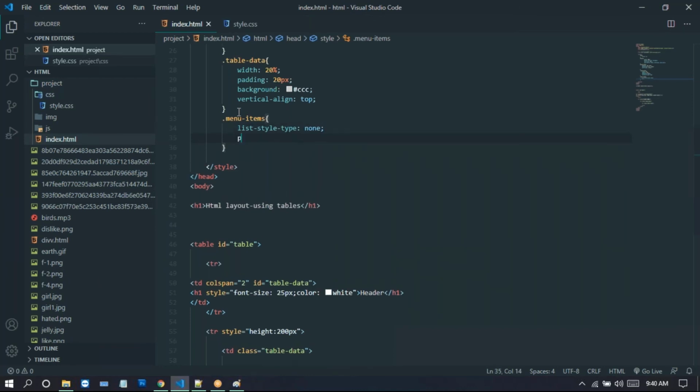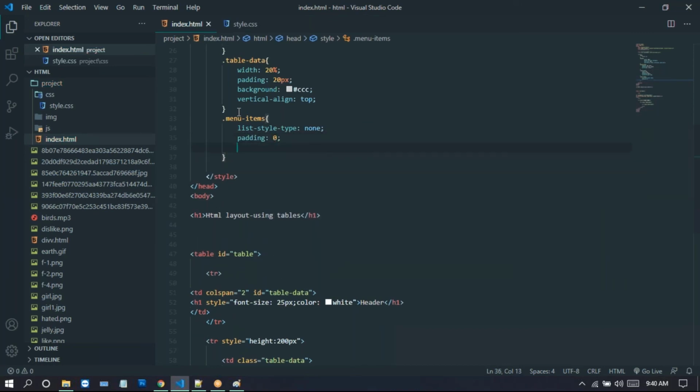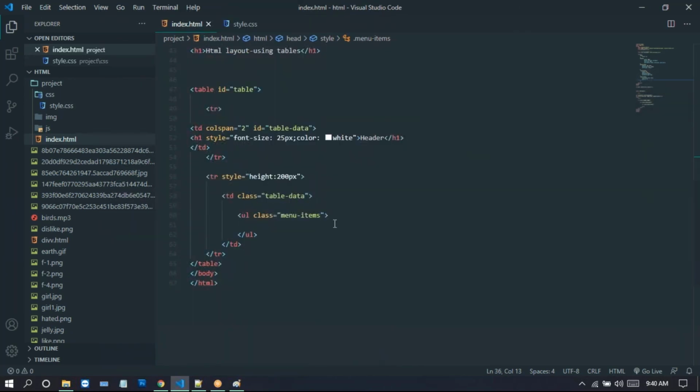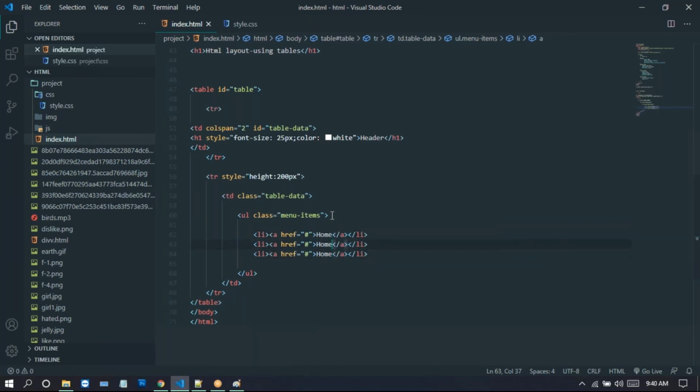Here I'm just taking padding 0. Before applying this, we need to take the list items. So here I'm taking this list item, and this anchor tag. In this anchor tag, we just provide Home.